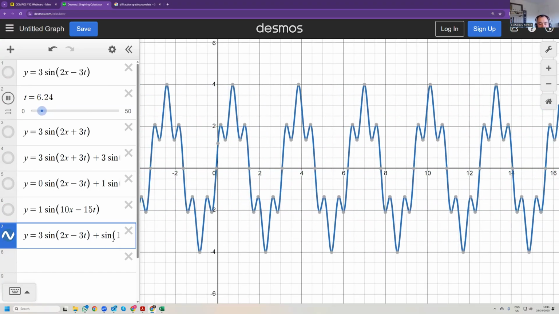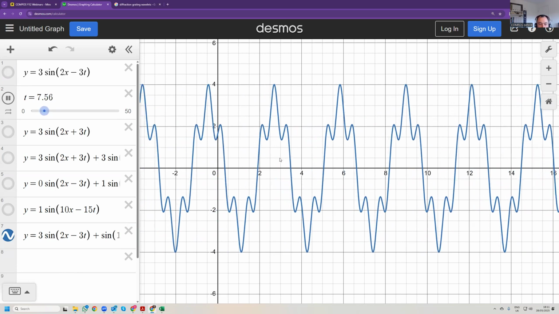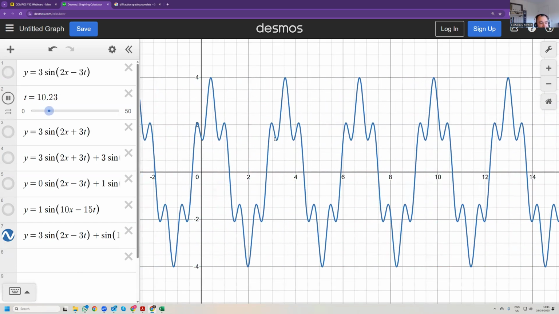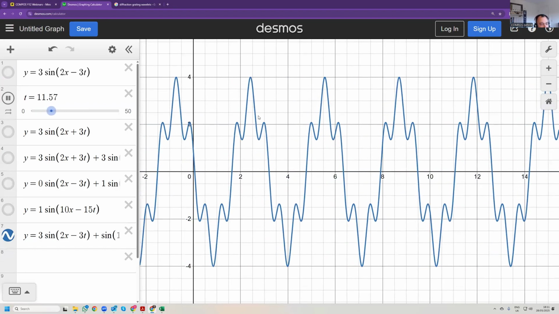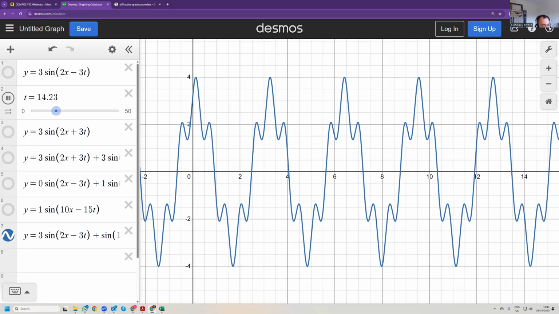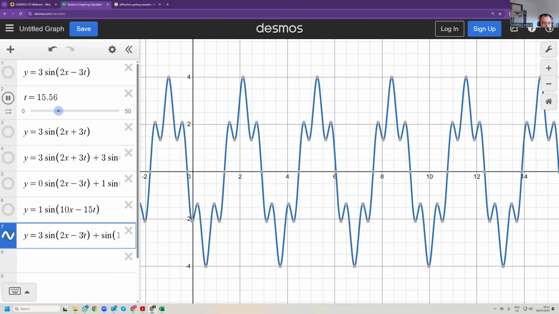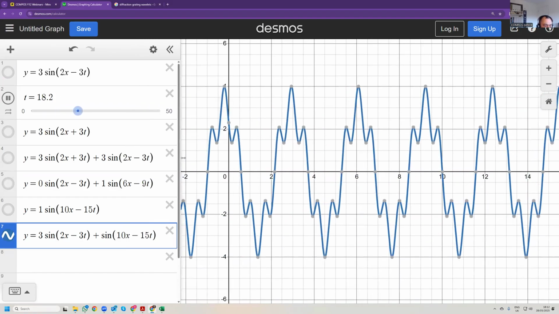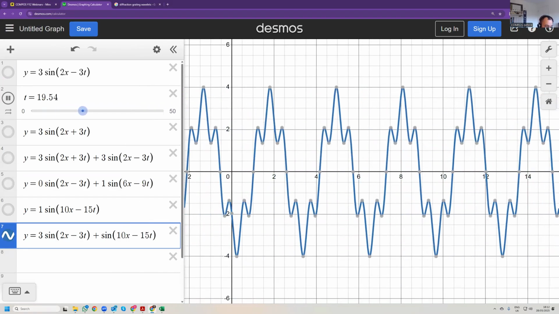So I get a superposition of two waves. So I get a wave of a different shape. I can play around with the shape a little. I can say, what if I change the shape slightly? So let's say